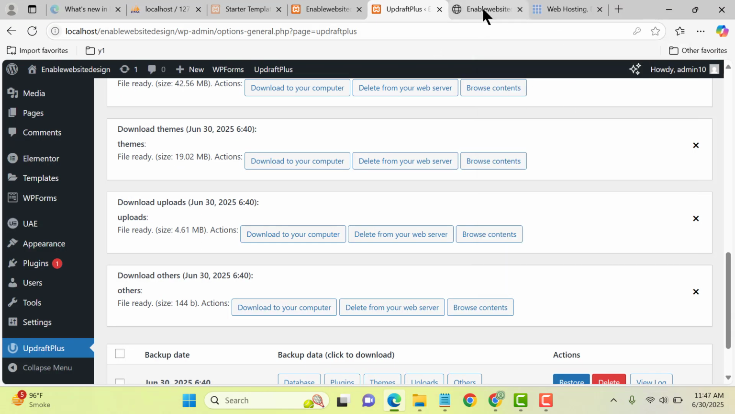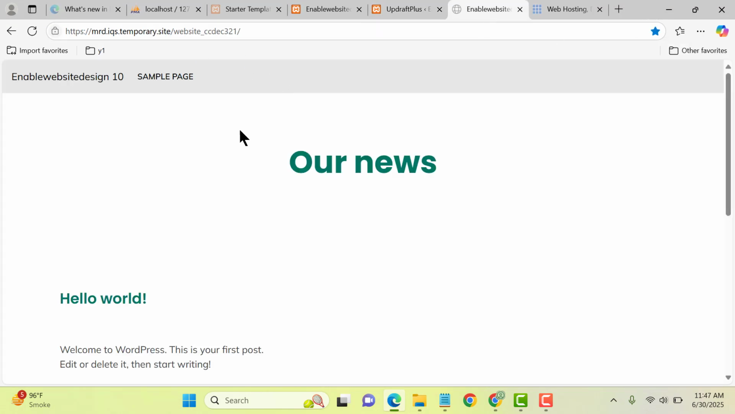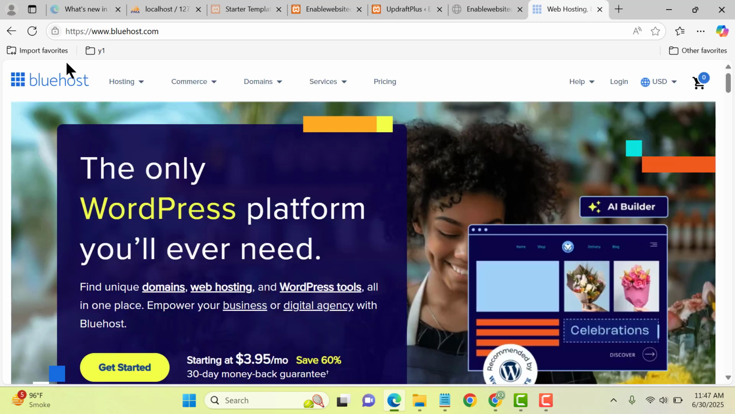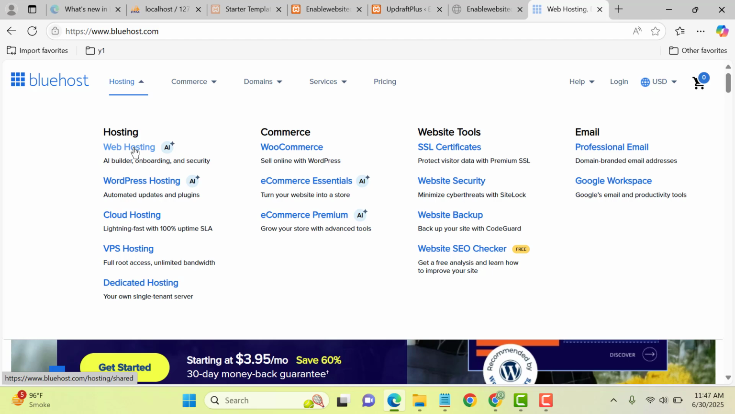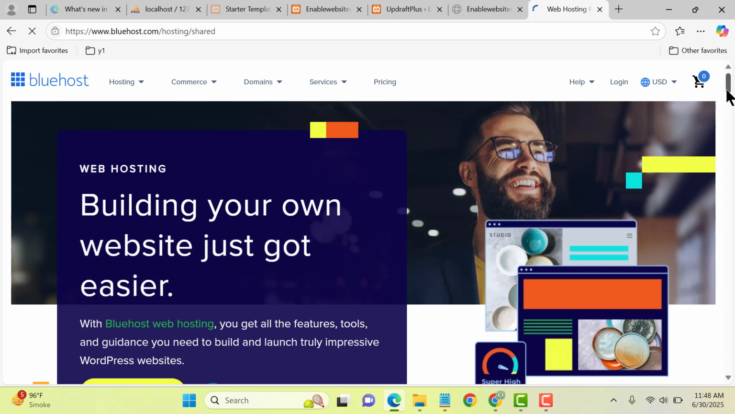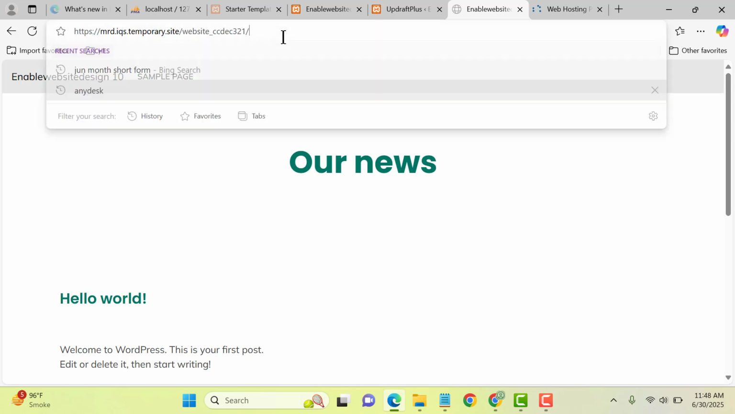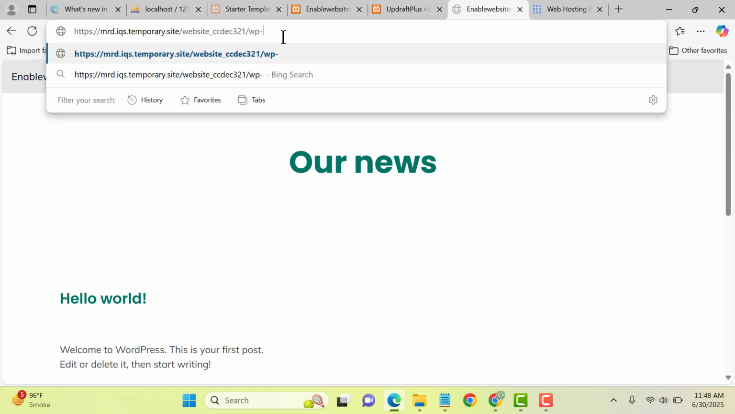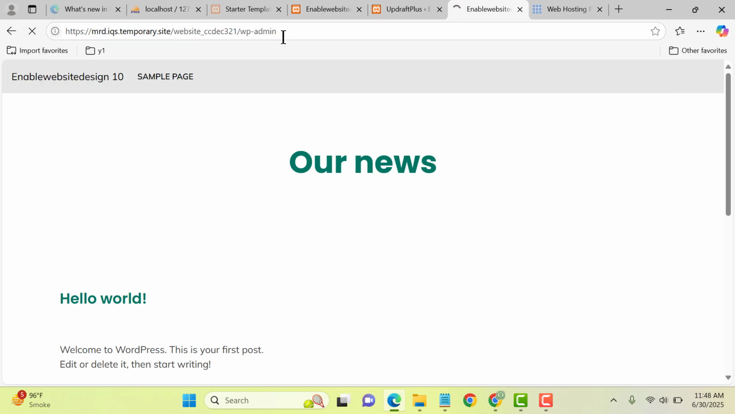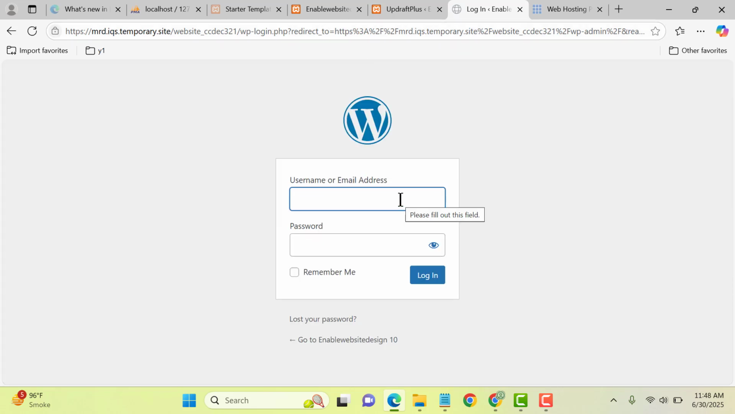So now we need to go to the live website. So this one is the live website. Now here you can see Bluehost. You can go here and you can easily get a domain and web hosting. So you can go and check their packages. Then after that you can install WordPress. After that, now let me go here and log in to my WordPress website. So you need to add wp-admin, then here add login details,